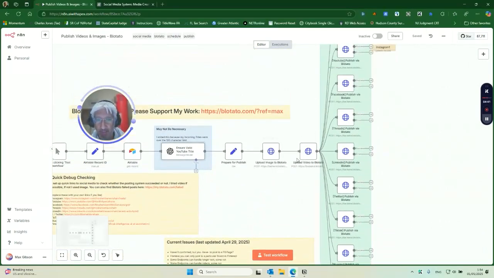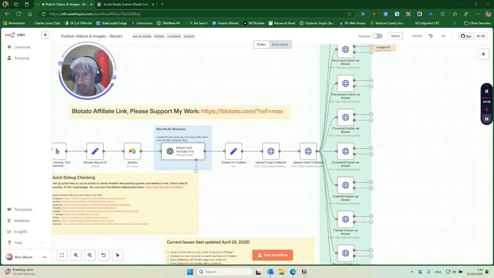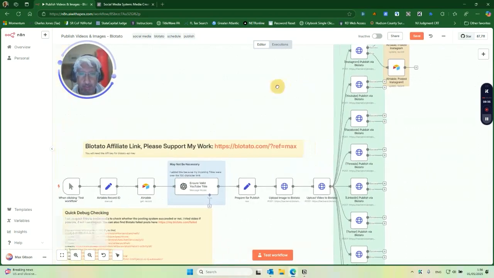The other things you have to get your Blotato token. So let me set that up 1 second here. Sorry about that. I'm going to finish adding these